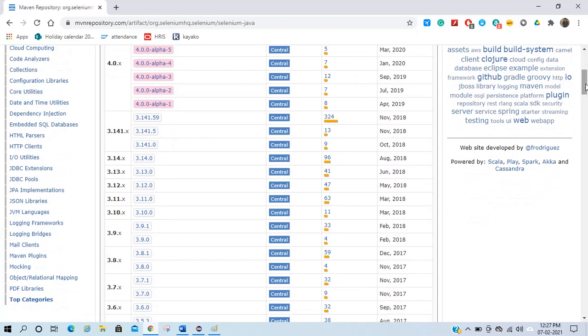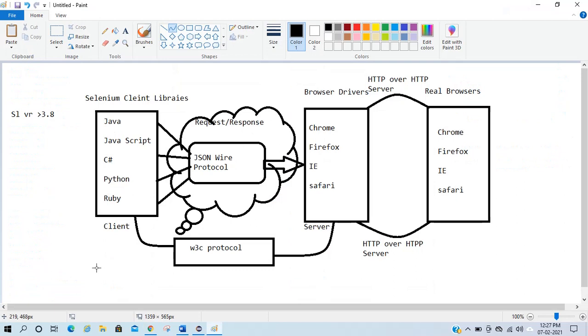But in a version greater than 3.8, we are already getting the W3C protocol. So in the stable version, it is both the W3C protocol and the JSON wire protocol.